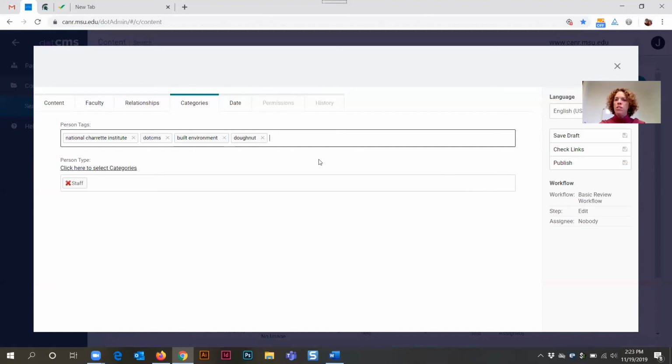Now, as I mentioned, it's helpful to use these tags in various ways. Sometimes they're determined based on different widgets that are being used, as there's a specific tag that they need to have with content in order for something to show up in this particular feed. Could be an article feed, could be digital document feed, could be a person listing feed. And so you may need to create targeted tags around those kinds of things. And that's how you create a tag in the system.